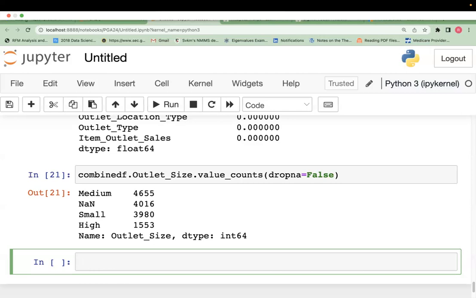So we will, since there are many NAs and they cannot be replaced with existing categories,